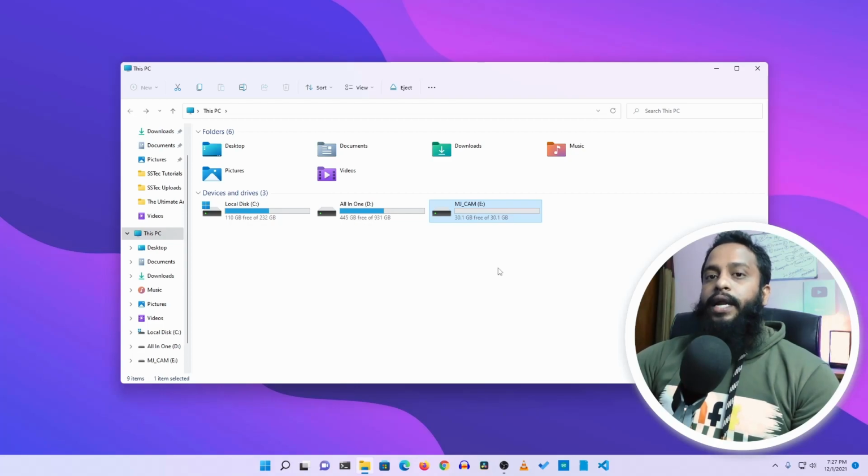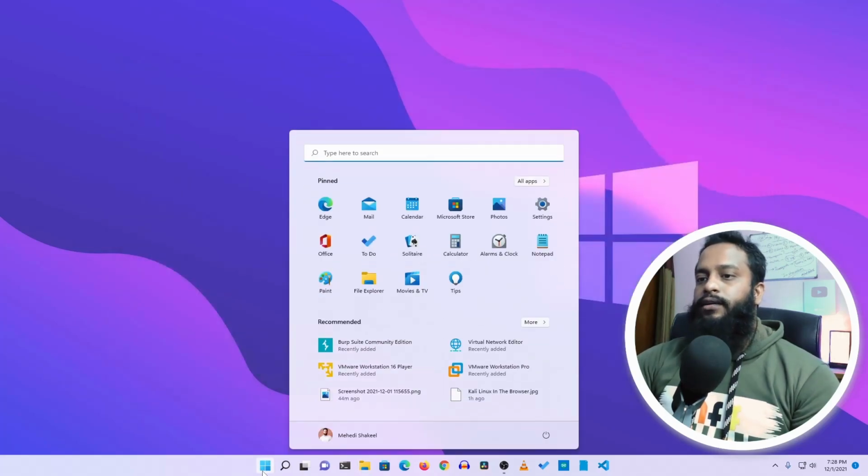Now let me show you another option. Also sometimes it happens that you connect your memory card, it is detected but you cannot access it. Whenever you double click on it, you don't get to the SD card. So there is another option to fix it. And to fix this type of SD card, you need to change the drive letter path. So let me show you how to change it.